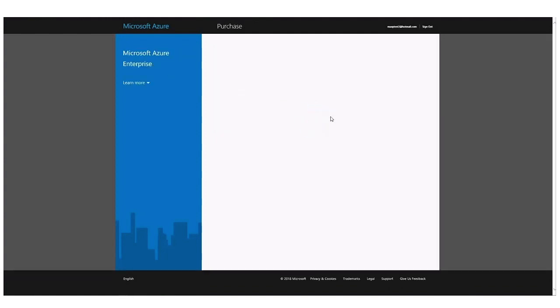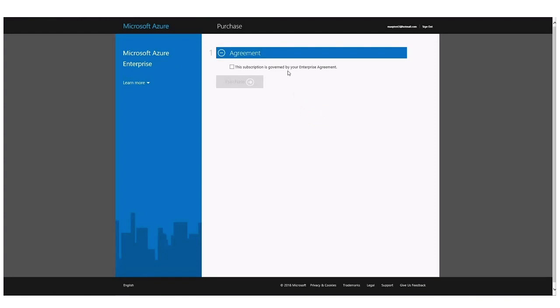Once you do select the subscription type, the system will guide you through the remaining options. If this is the first subscription you've ever created, it will ask you to confirm your name, phone number, and email address. Once you do that, it will take you to this page where typically, if you were signing up for a free trial or pay-as-you-go subscription, it would have you enter your payment information.